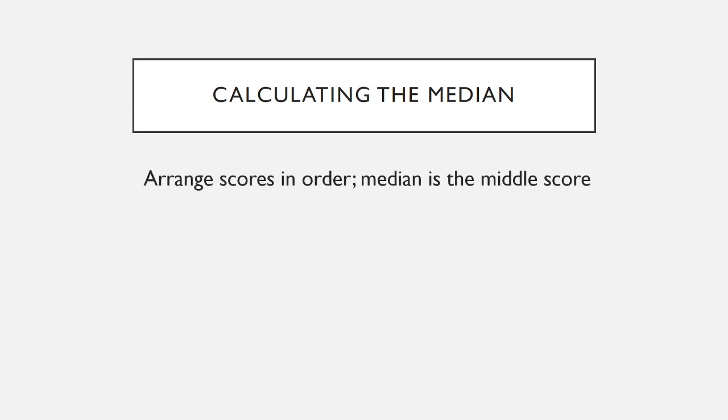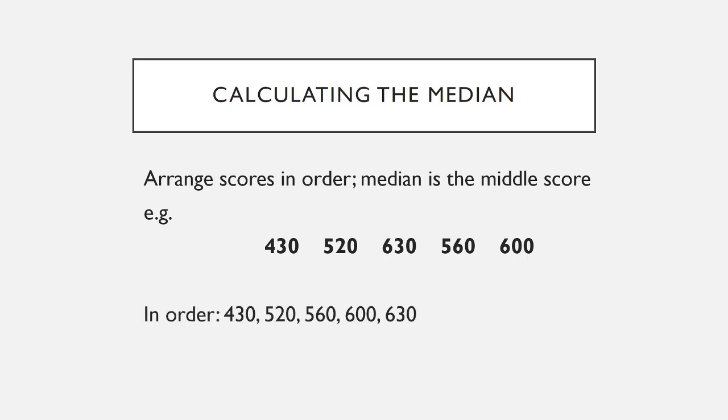The way that you can derive the median really easily with quantitative data is you arrange the scores in numerical order. The median is just the one in the middle. So let's say you have this set of 5 scores. You would just arrange it in numerical order, ascending or descending, doesn't matter. And then the score right there, smack dab in the middle, is 560, right? That 560 is smack dab in the middle. There's half of the scores beneath it and half of the scores above it. So 560 is the median.